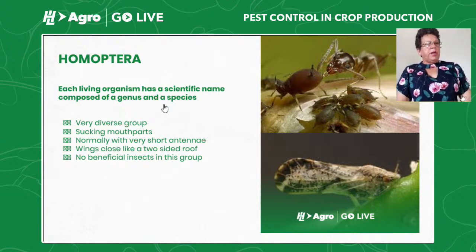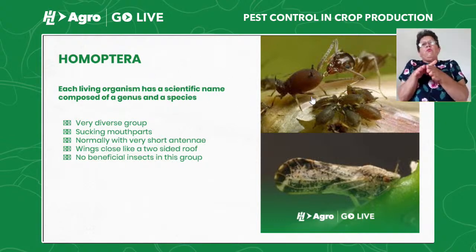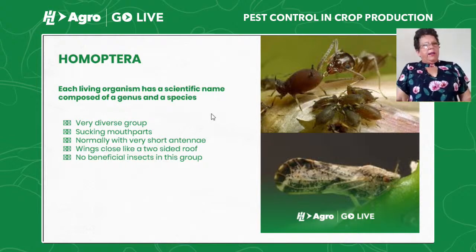They have sucking mouthparts, normally very short antennae, wings closed like a 2-sided roof, like this. And in this group, there are no beneficial insects. All of them are pests or at least are sucking insects. Here I'm showing aphids.